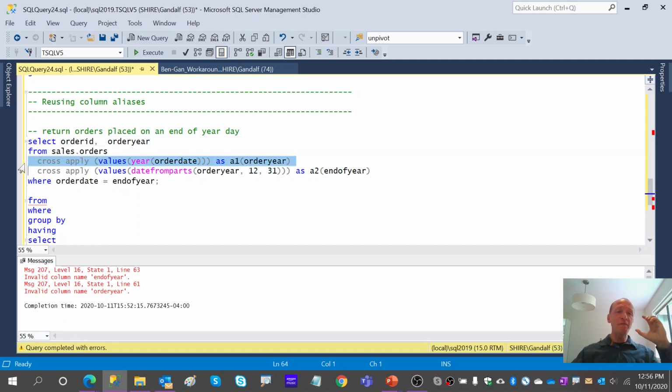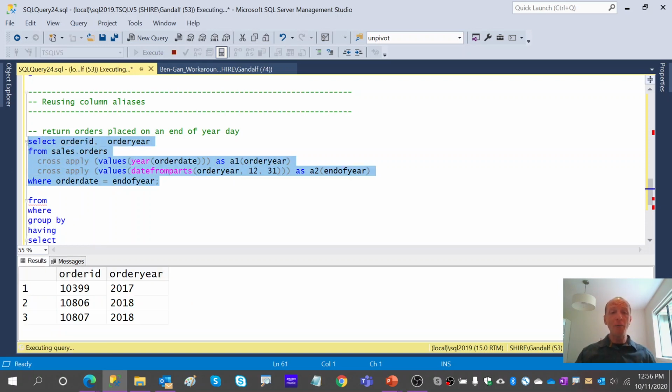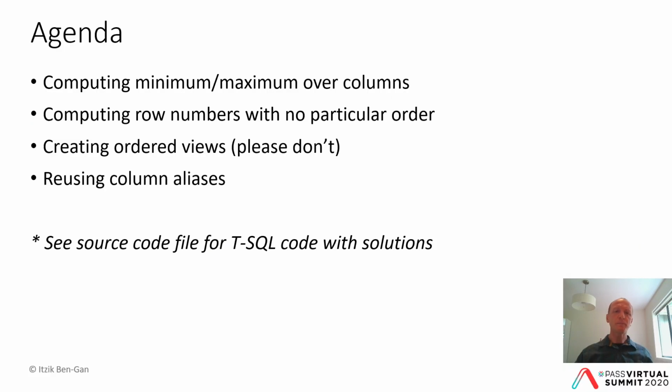Much more elegant, defining the expressions based on the dependency order. We don't need to repeat logic that is unnecessary, like if you used full-blown table expressions, and it doesn't have any performance implication because of the unnesting of the logic that takes place here. Okay. So yeah, I rely on this technique so often, and I'm sure that if you haven't used it yet, you will find it extremely useful.